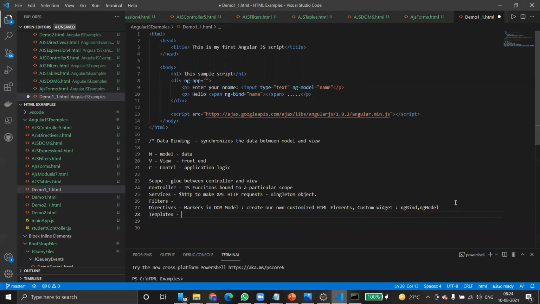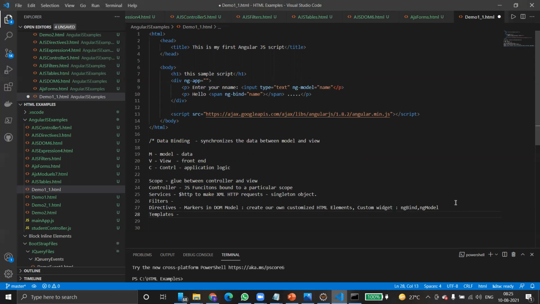This can also be called index.html. By default, we have a template. We simply add the code to the HTML code. We can also add multiple views on the same page using partials. Partials also come under templates. Templates are nothing but readily available HTML code that can be used in AngularJS.